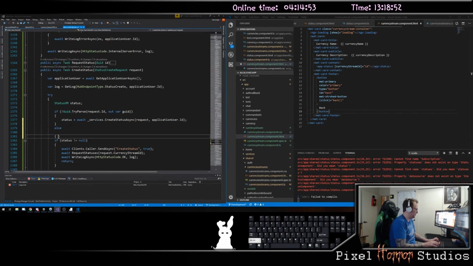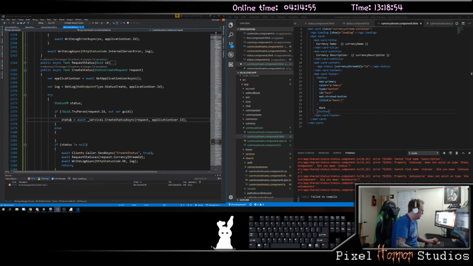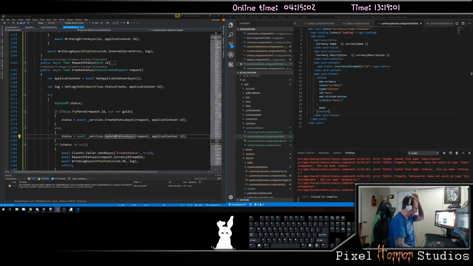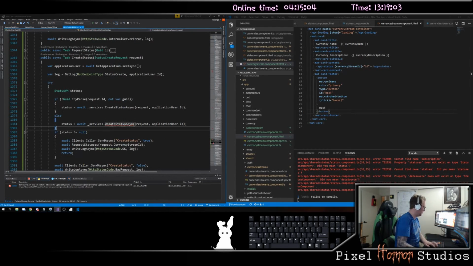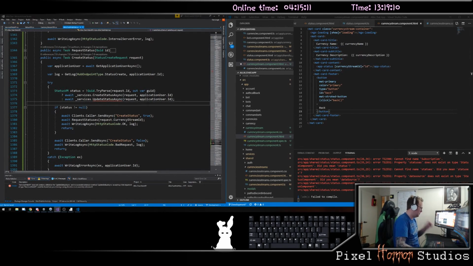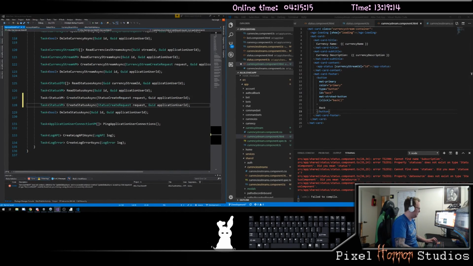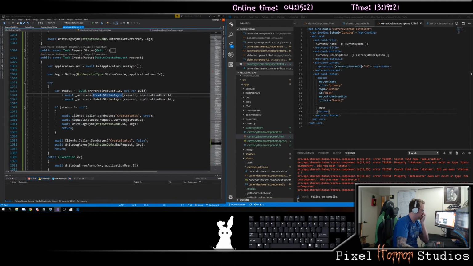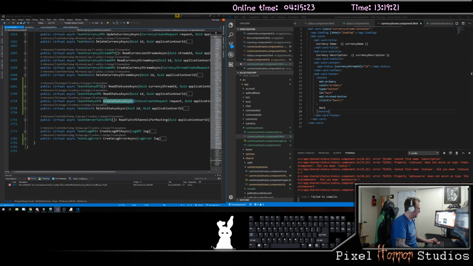And otherwise, we want to do this status equals update status asynchronous. And we'll have one more of this called update status asynchronous. And then if I look at my implementation of it,